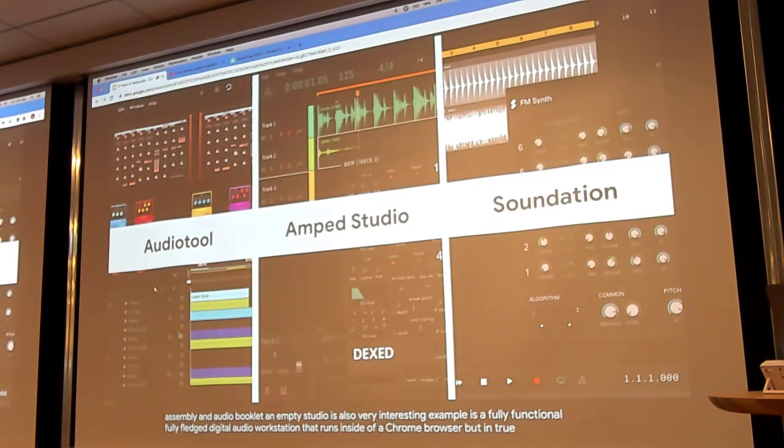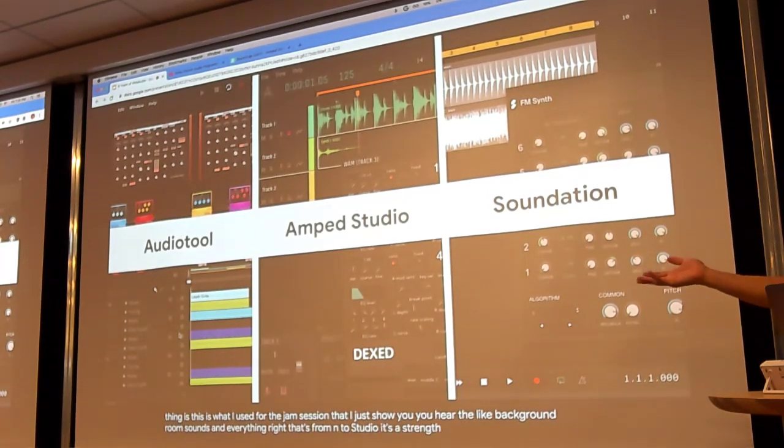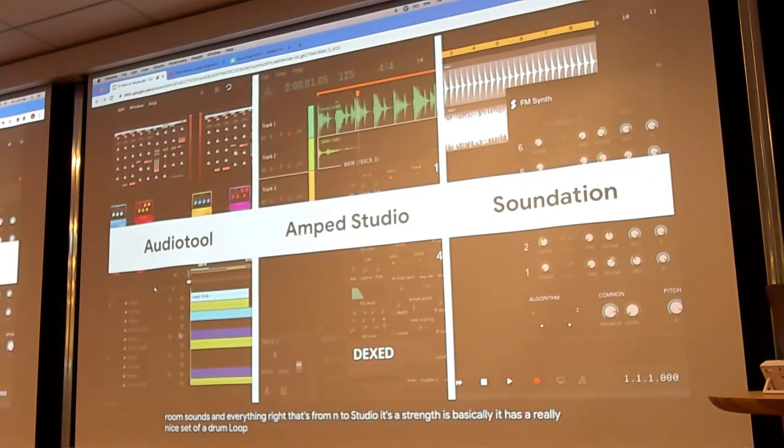But the interesting thing is, this is what I used for the jam session that I just showed you. You hear the background drum sound and everything, right? That's from M2 Studio. Its strength is that it has a really nice set of drum loops and sampled instruments. It comes with a lot of libraries and packages, so you can just use it for instant music making. And the last one is Foundation.